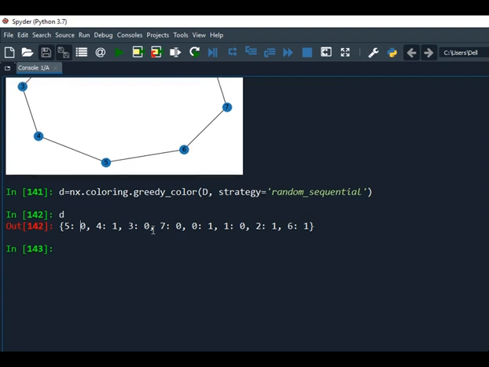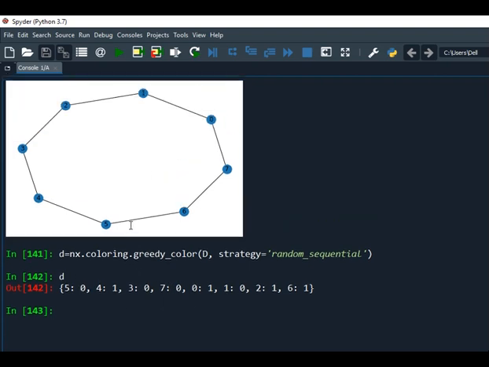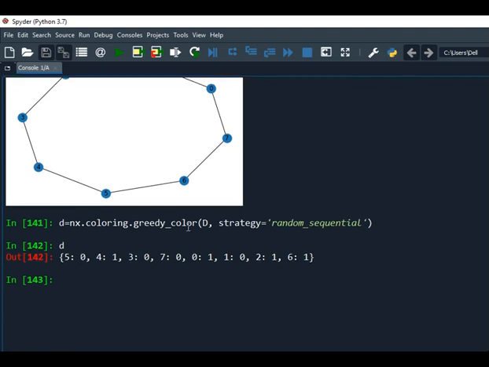You can also see this result like this. Since an even length cycle is nothing but a bipartite graph, and for bipartite graphs we already derived the result that the chromatic number is 2, therefore for an even length cycle the chromatic number is 2, and for an odd length cycle one additional color is required. So the chromatic number will be 3 if the cycle is of odd length.